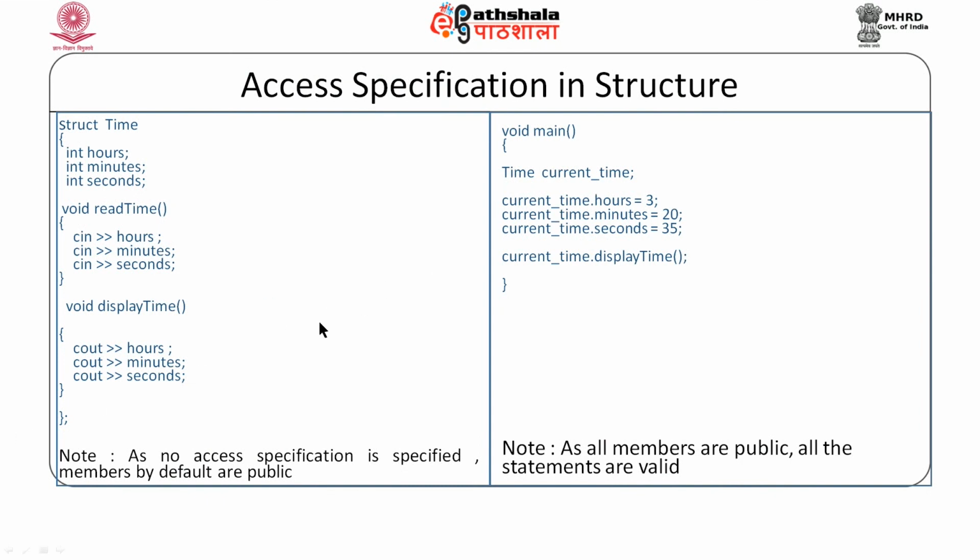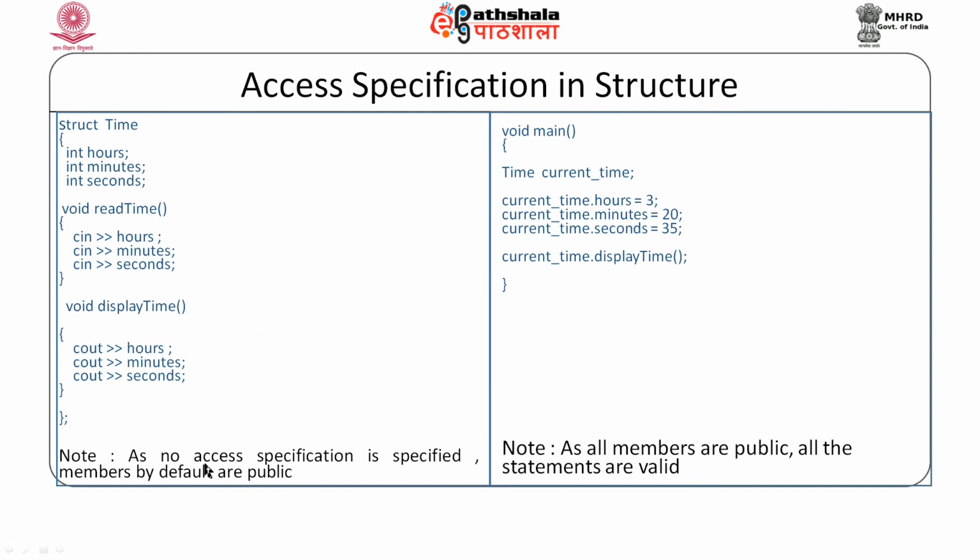Let us review the access specification in structure. Now, this is a structure, time. Here these are the data members of the structure, hours, minutes and seconds, which define that the variable of time will be holding these kind of values, and these are the operations that we wish to perform on these data values, that is of reading time and displaying the time. You would see that I am not passing any argument to these functions. This is so because to the member functions of a structure, the data members are implicitly available. So, I do not need to explicitly pass them to the function.